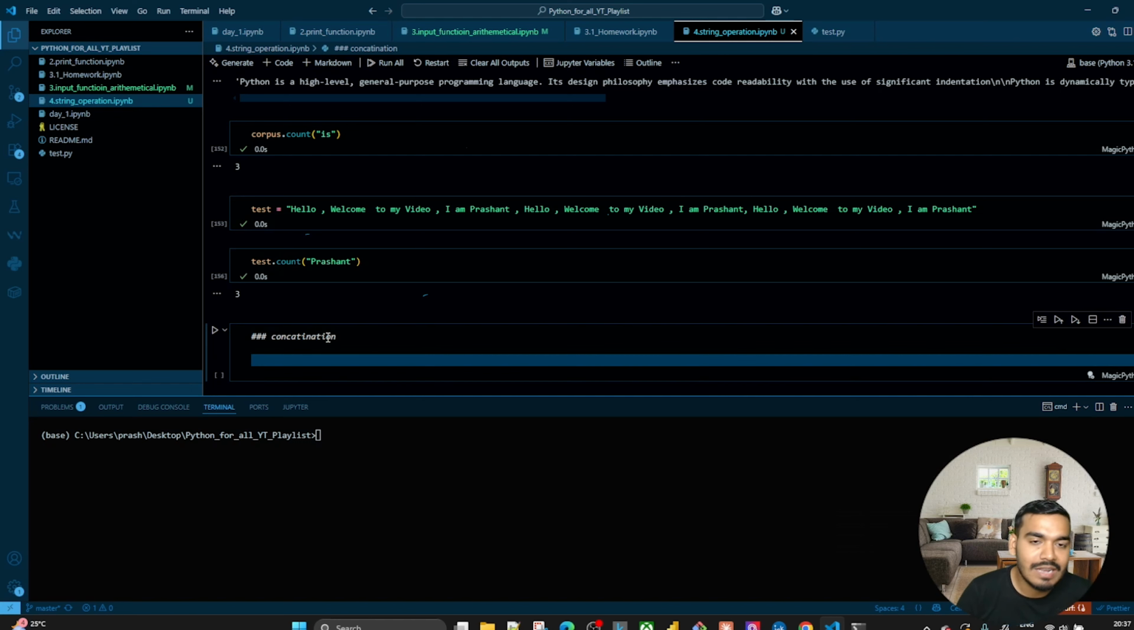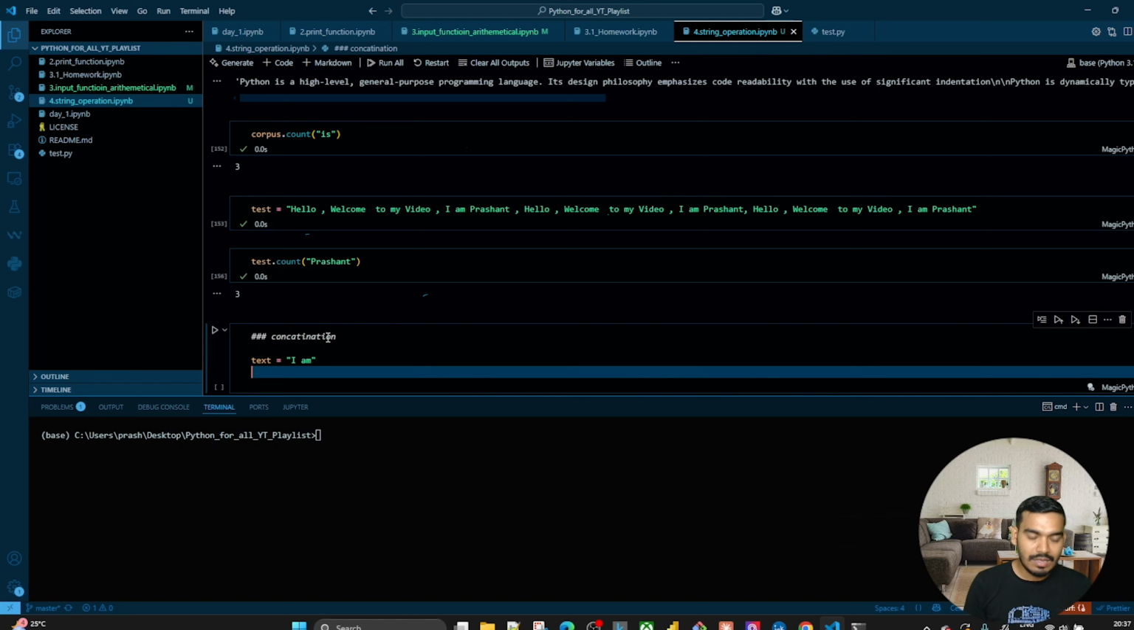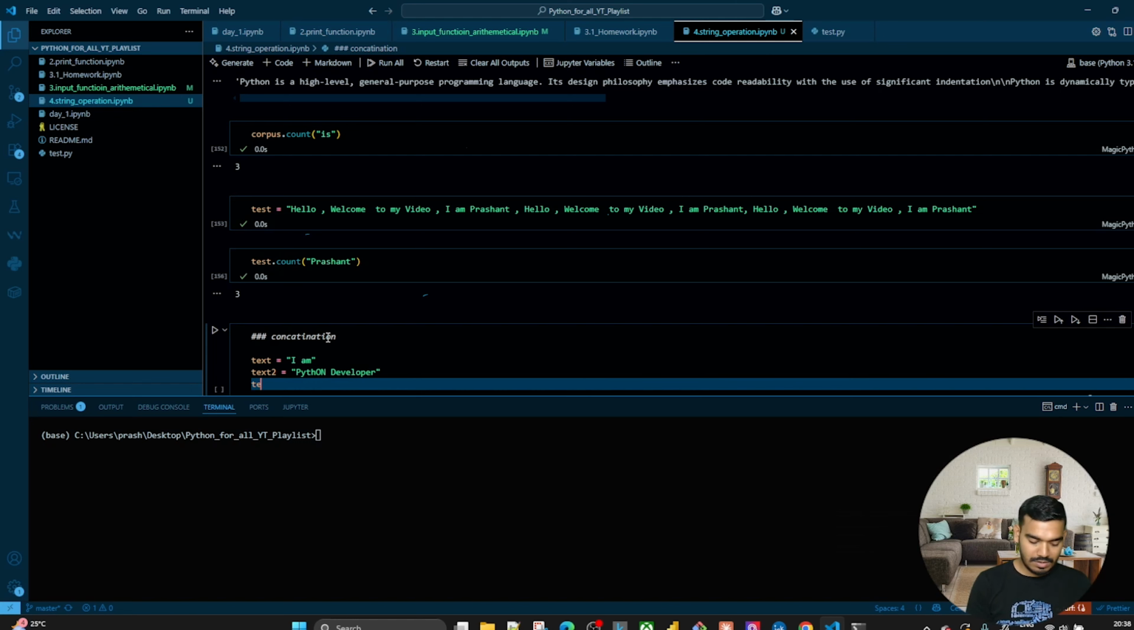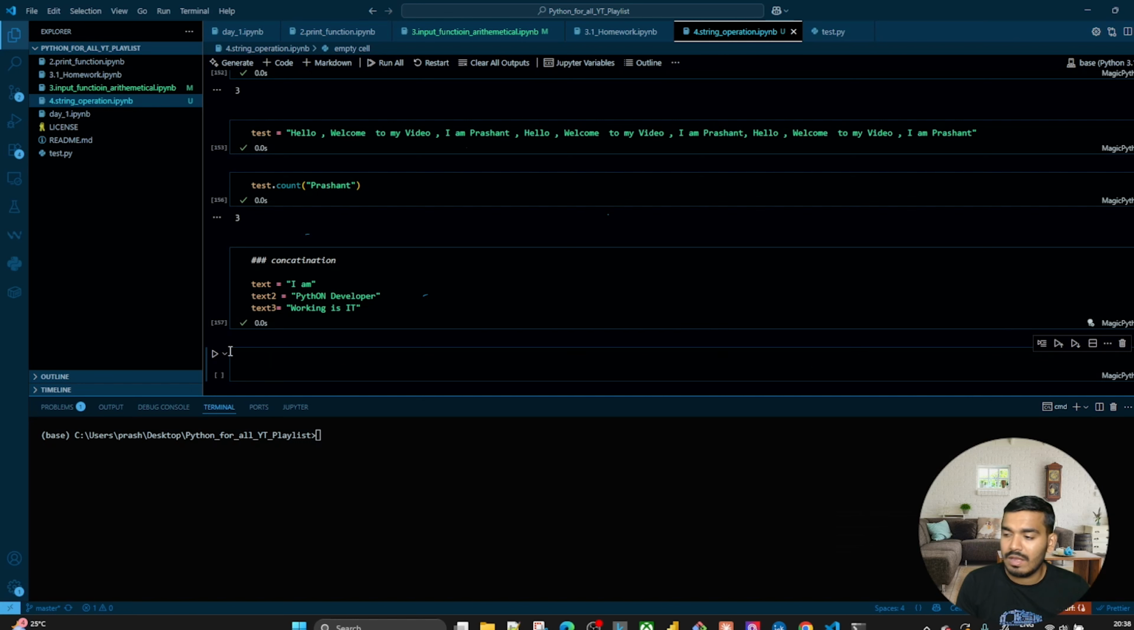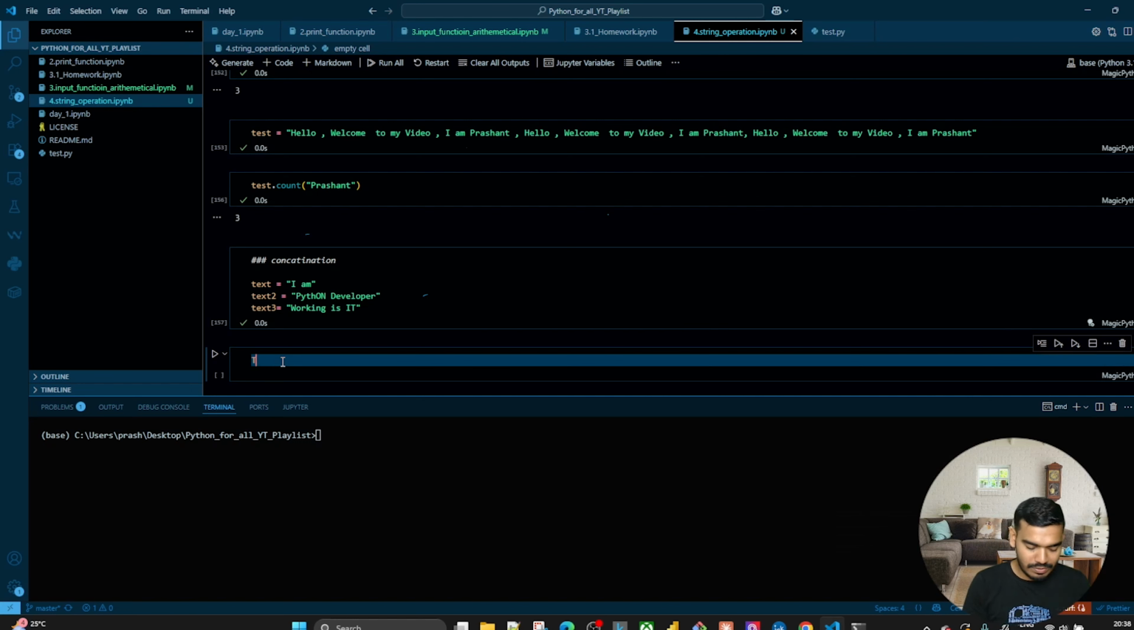Now we'll discuss concatenation. What is concatenation? Let's say that we have one text equal to I am. Then let's say we have text 2 equal to Python developer. Okay. Text 3 equal to working in IT. Perfect. I have three different texts over here, and I want to combine these. I want to combine these. So if you write